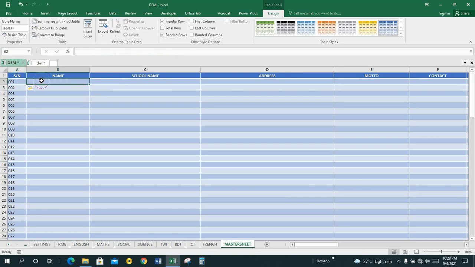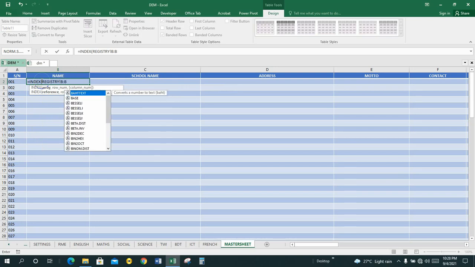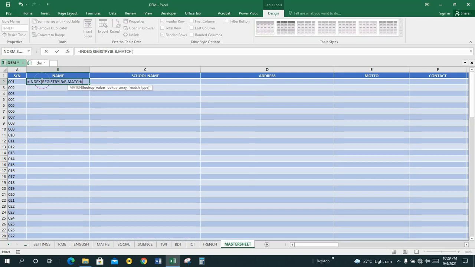Then let's go to the names. We want the names entered at the registry to appear here automatically. So as usual, we start with our formula, equal to index, registry. You bring your exclamation, column B, that's where the names are found. You bring your comma, match, open bracket. We want the appearance here to start from the first